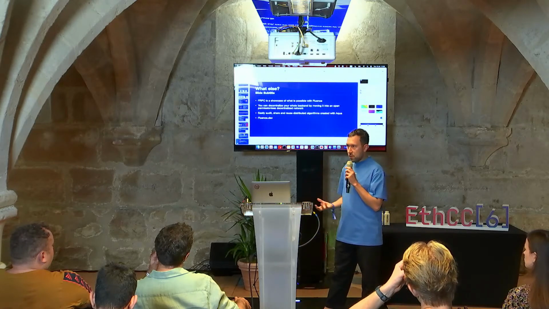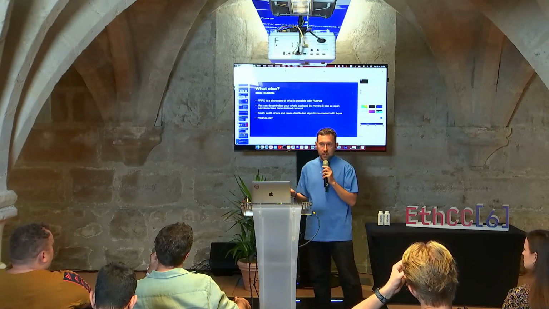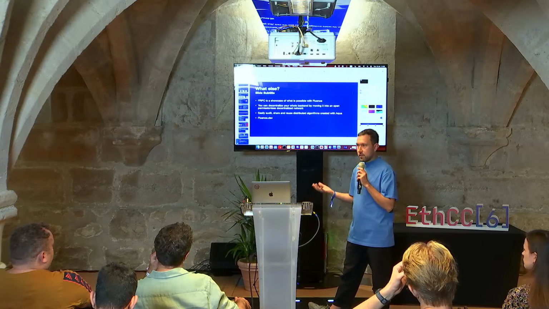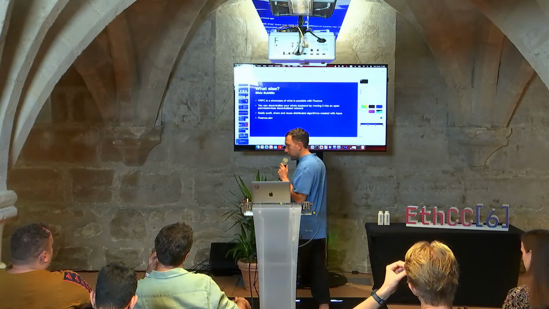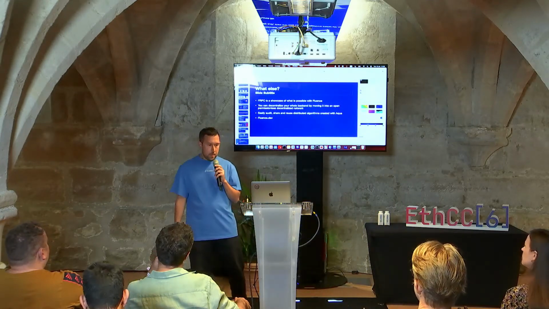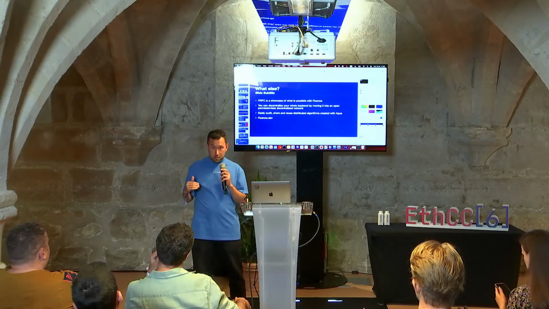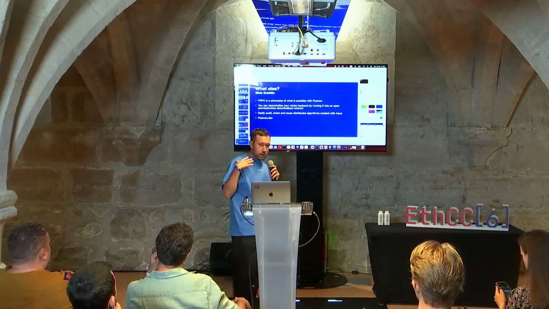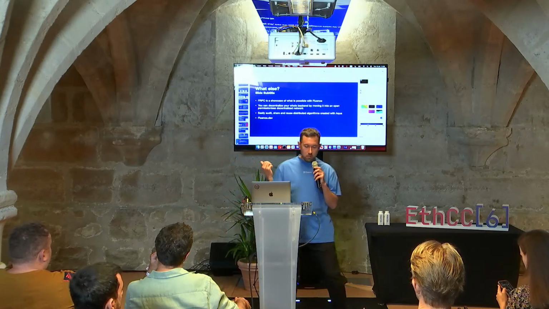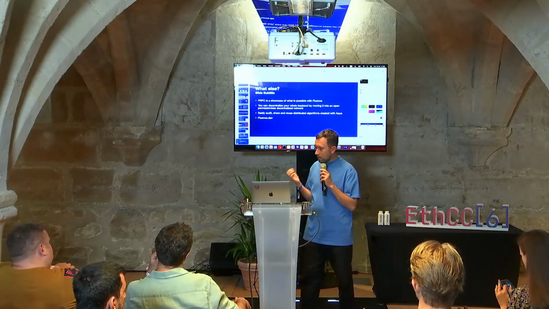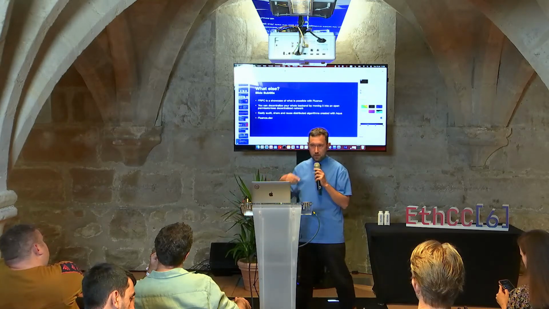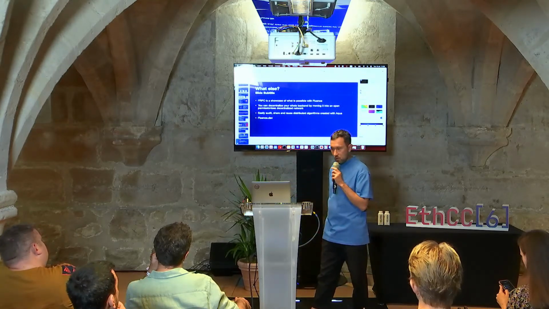So the cost of compute will be much cheaper than in traditional cloud solutions. And with Alchemy, you still have to pay for the RPC endpoints, but Fluence will allow you to skip implementing the round robin or quorum solutions in your app.